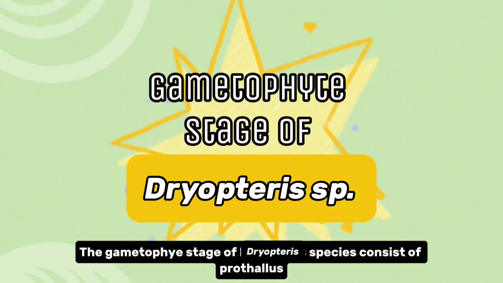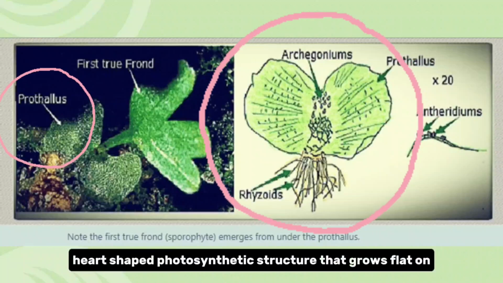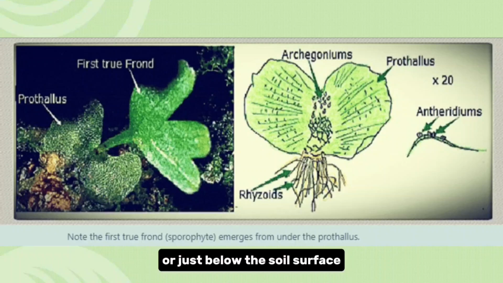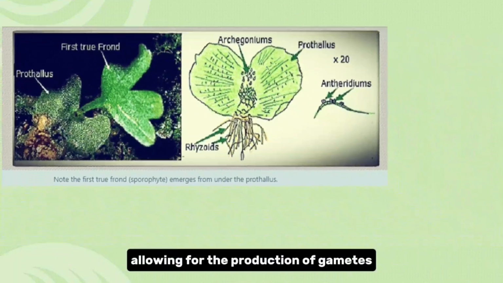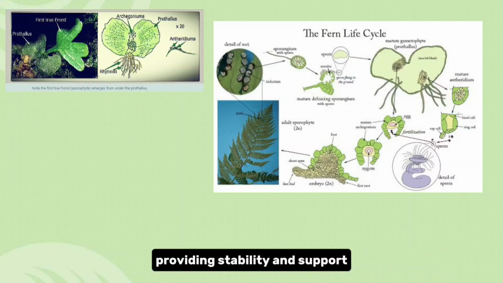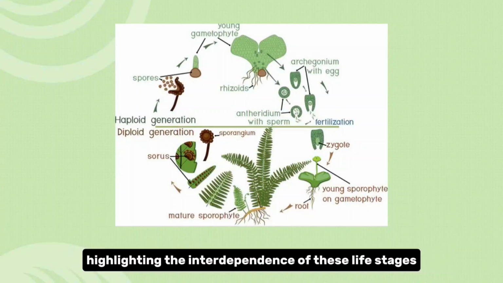The gametophyte stage of Bryopteris species consists of a prothallus, which is a green heart-shaped photosynthetic structure that grows flat on or just below the soil surface. This structure features both archegonia and antheridia on its underside, allowing for the production of gametes. It also consists of rhizoids, which anchor the prothallus to the soil, providing stability and support. During the early stages of development, the young sporophyte relies on the gametophyte for nutrition, highlighting the interdependence of these